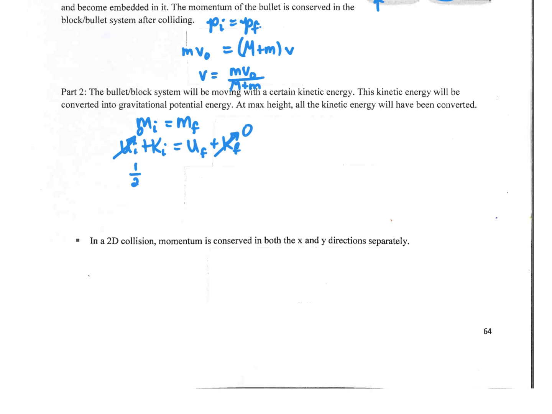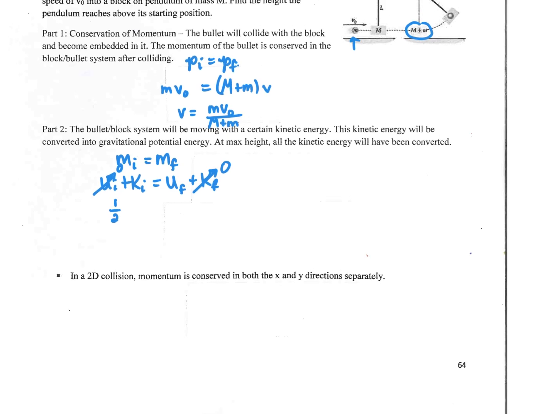Well, this is not what you think. It is not going to be mv naught squared, because when we talk about the bullet block system, we're talking about when it hits. This is the chunk we're talking about for part 2. Okay? So initially we have M plus M, right? And it's moving at V squared. And then finally we have this M plus M